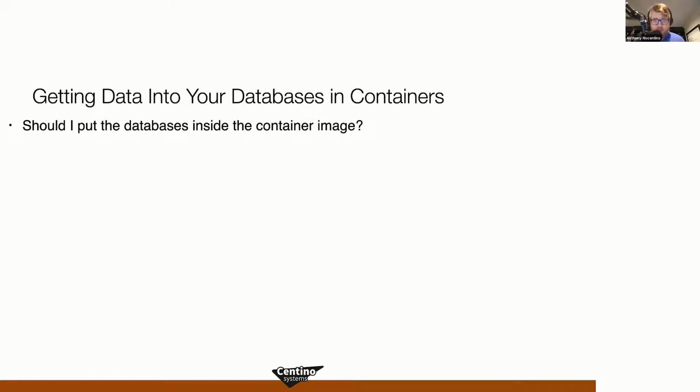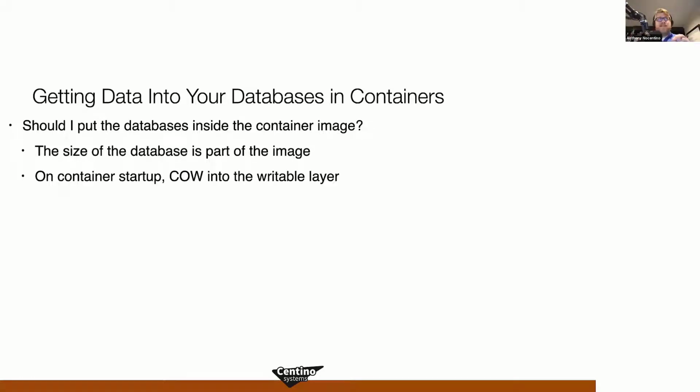And the answer is no. The reason why is really twofold. One is the size of the database will become part of the image. If it's just maybe schema or something like that, maybe you can make the argument there, but then it's still inside the image, and anytime there's a schema change, you have to change it. But anything substantive, of any size, that data will become part of the image. And so when you deploy, guess what has to get dragged into the target system? All of the data. And if you do that multiple times, you can see how that'll get pretty heavy in a deployment. But even crazier is this.